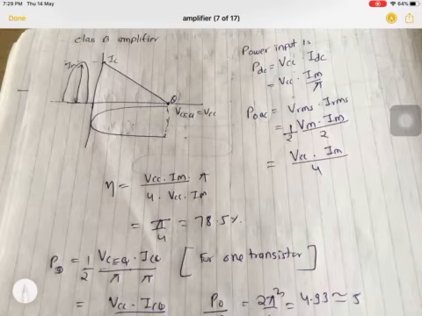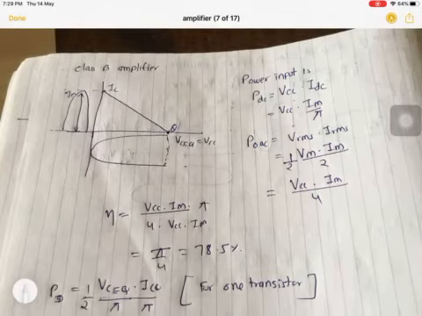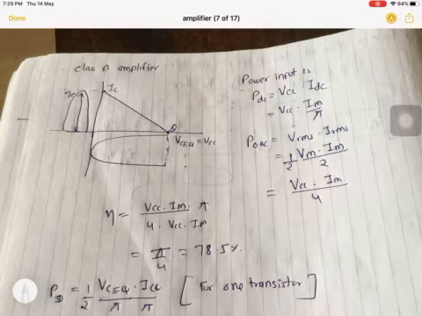First I am just drawing its DC load line. This is what we call the AC current loop. Now, what is the power input? Power DC is VCC into IDC. Here, just remember, I have not written ICQ, I have written IDC, because